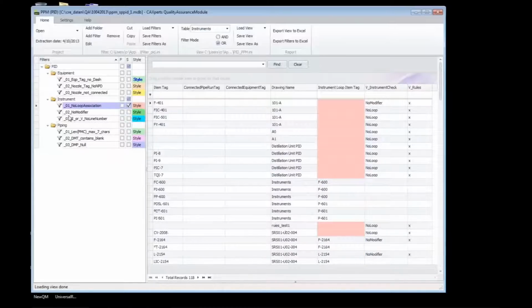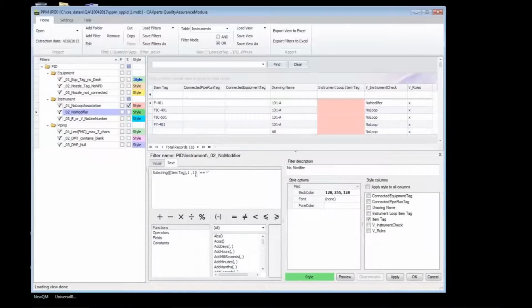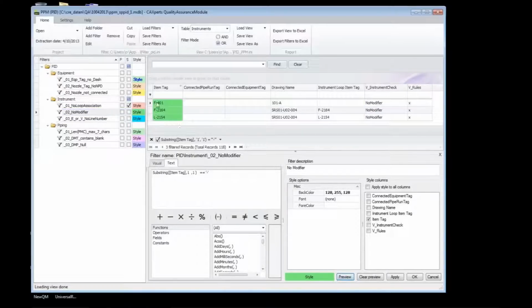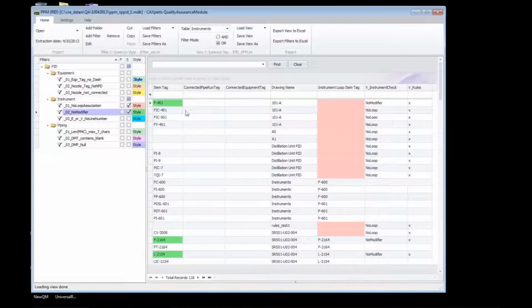The second one is a little bit more complicated in the sense that here I'm checking if the instrument modifier is missing. Like in this first row, you see there is an F, and then there's a dash and a number, but there is no I or A or these follow-up letters in the instrument tag. So this rule is checking the substring of the item tag from the second position and with the length 1, and it checks if it's a dash. So if the dash is directly on the second position, this rule will apply. And this means that with this way, we can activate both checks, no modifier, no loop association,